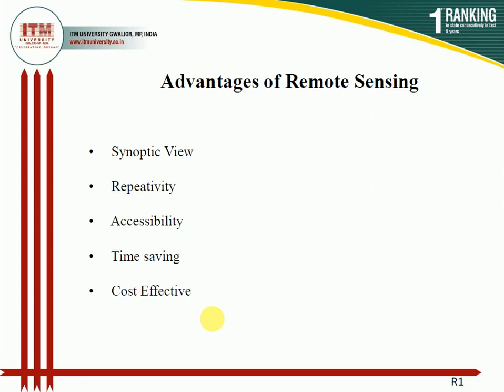There are a few advantages of remote sensing. The remote sensing technique helps us to have a detailed idea of a particular place or particular vegetation. Repetition in the observation of a certain vegetation can be done with the help of remote sensing at a particular area in a periodic interval. Accessibility to a broad area, to a difficult terrain or valley region or hill region can be made with the help of remote sensing.